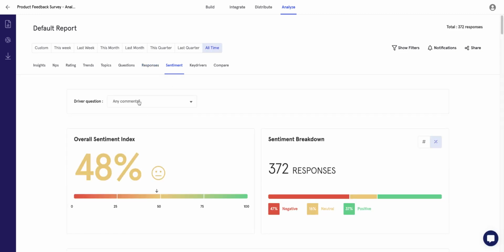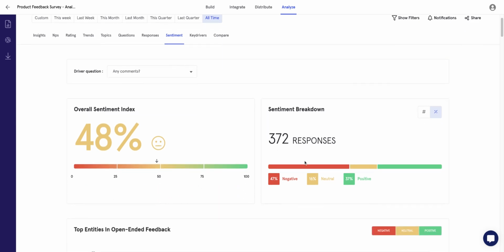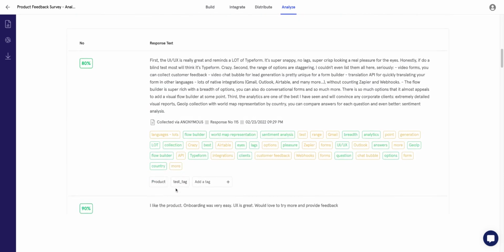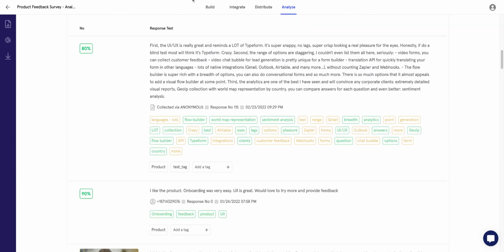Then we have sentiment, very similar to NPS. This is based on our NLP, machine learning AI algorithm, which is going to help you identify the important topics inside your open text feedback. Here you can see the overall sentiment index and sentiment score. Now you can choose any open driver question. It can be more than one. It can be any open text question that you want to select from the drop down. You can select that. You can see the score breakdown, entities, and if you have video conversations, the good thing about video conversations,